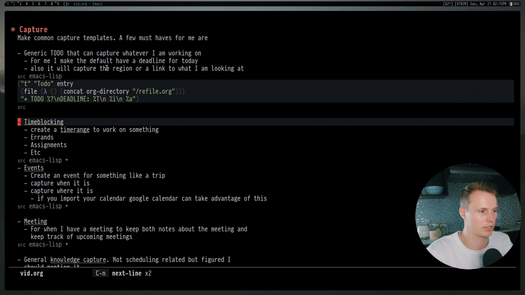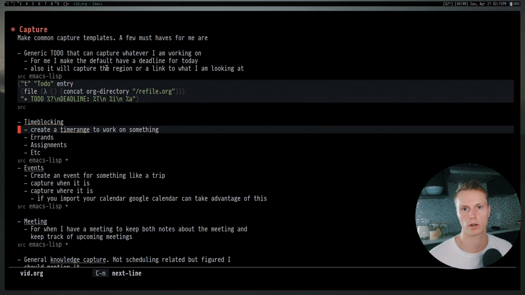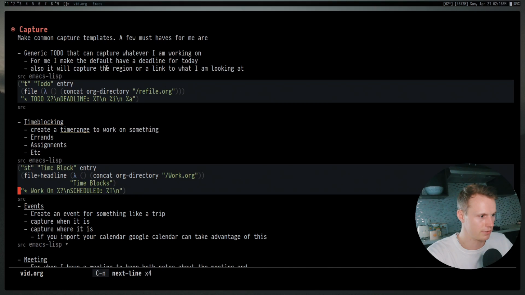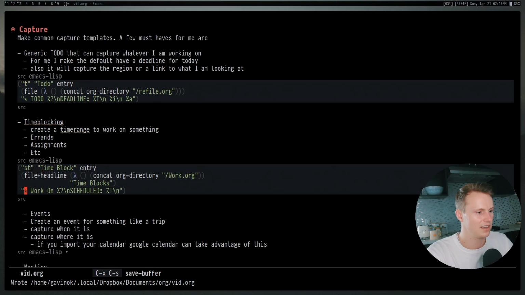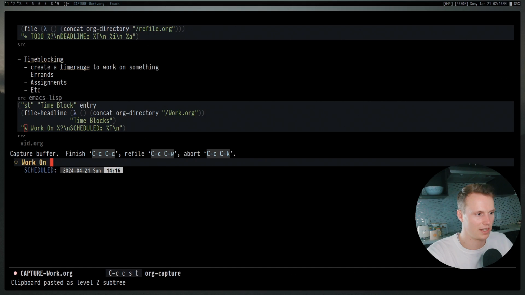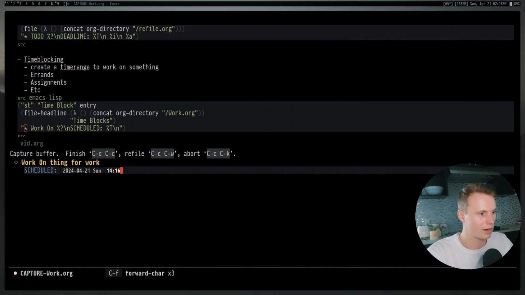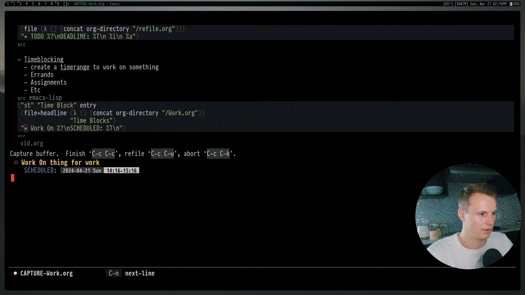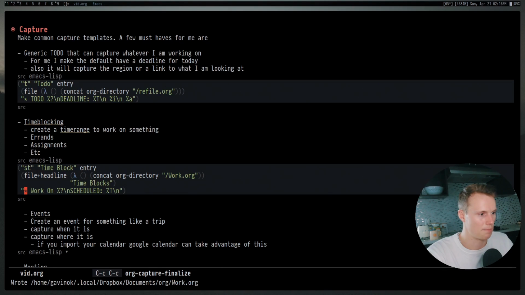Now, in addition, there is the actual time blocking. Time blocking is a way for me to say, okay, I'm going to work on something that maybe isn't a task that I've entered into my notes, or maybe I want to link to it. But this is just a really quick way for me to set a little time range for me to work on something. So here's my template that I use. Feel free to give me feedback if you have any ideas. I can just do Control-C, Control-C, schedule, time block. And then it says work on it at this time for 1 hour, +1. There you go. And then we'll work on it for 1 hour, and then we could capture that, and that will be added to my time blocked tasks.